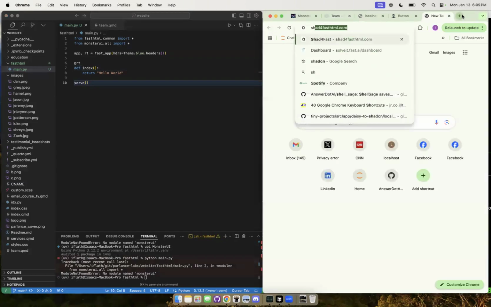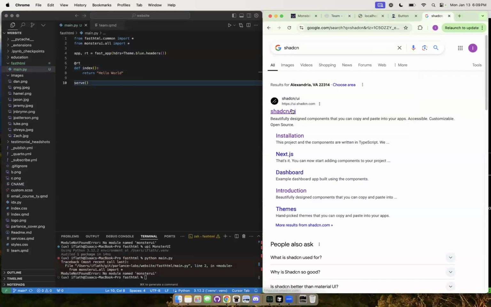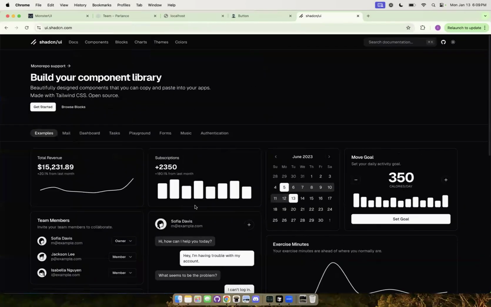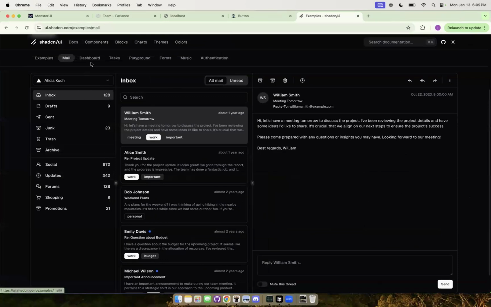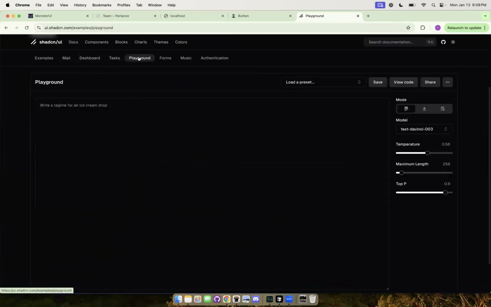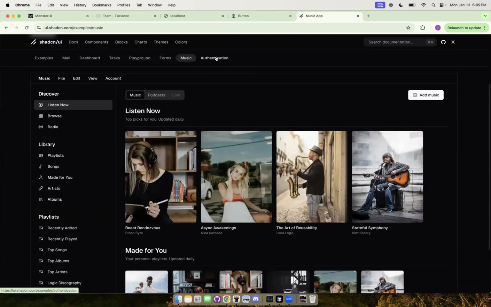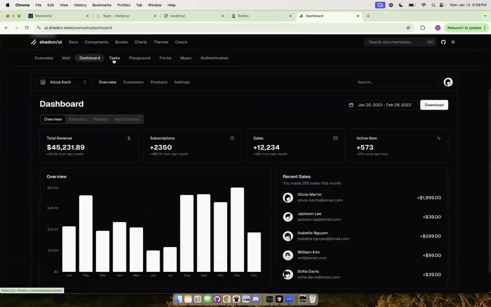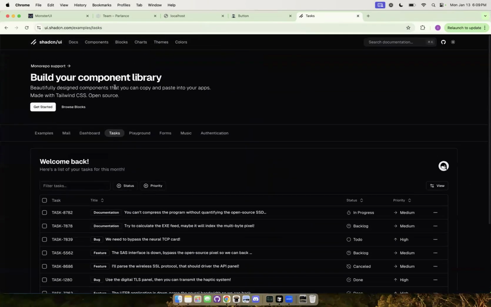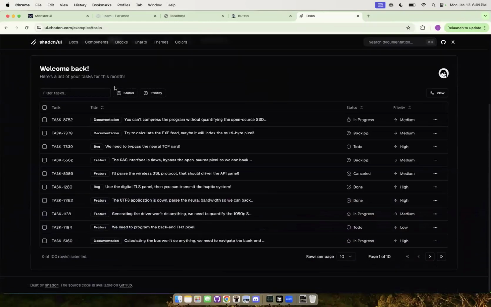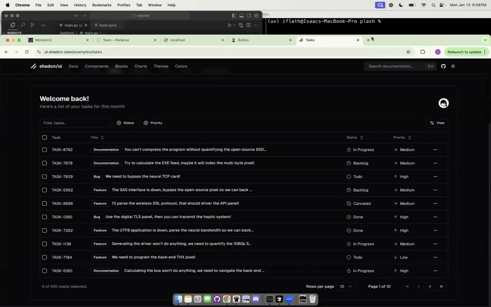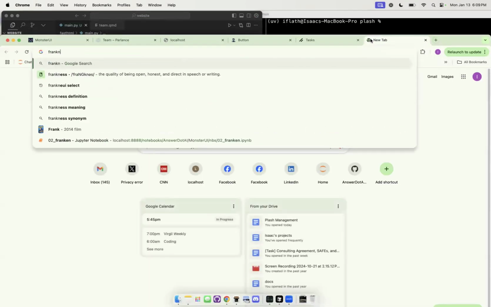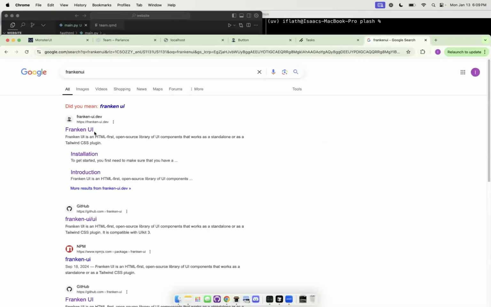Franken UI. So let's see here. ShadCN creates these beautiful copy and pasted components that you can use, and you can see all these examples, like here's the mail example, dashboard, tasks. They created this styling and this look that you can copy and paste. Now, they aren't really a library. You're supposed to copy and paste and pull from this. And what Franken UI did is they took this as inspiration to make something